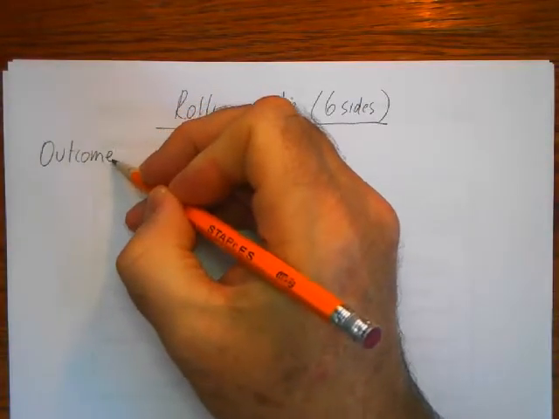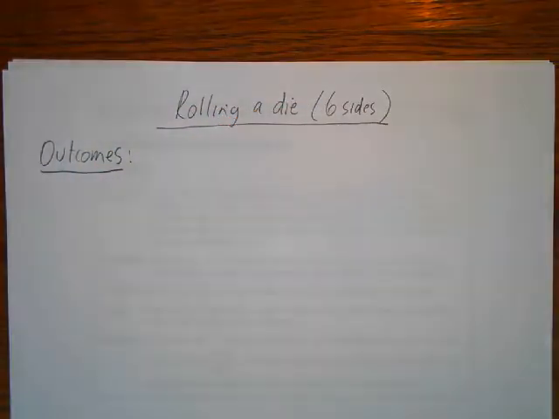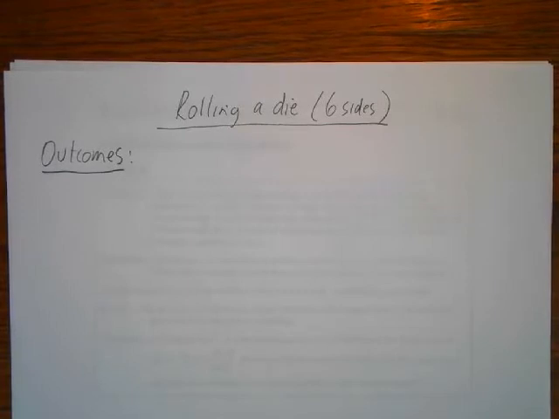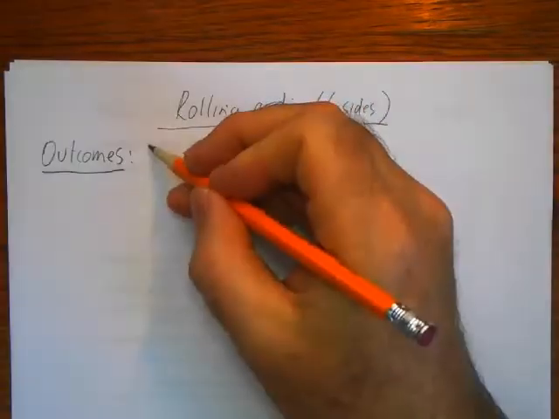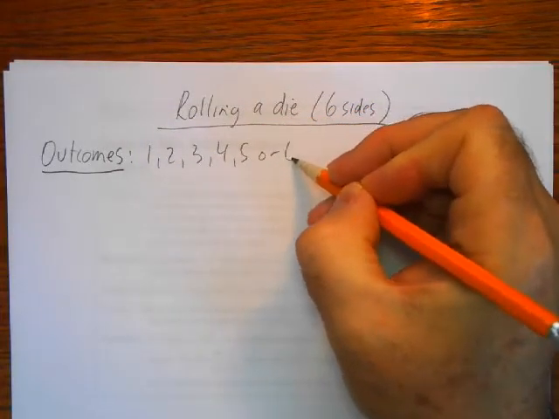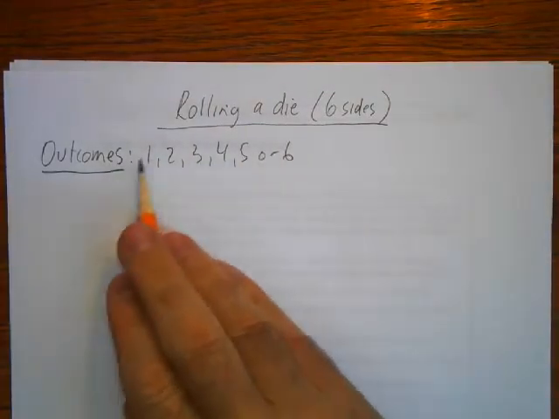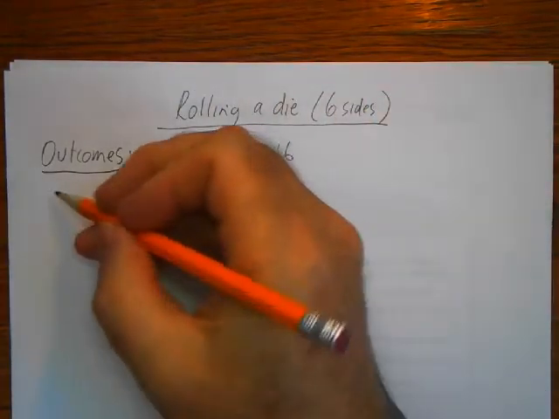Okay, so if I roll a die, the outcomes refers to all the possible results that I could get from that action. So with rolling a die, I could get a 1, a 2, 3, 4, 5, or 6. Okay, now those are the outcomes. How many do we have? We have 6, obviously. So the number of outcomes